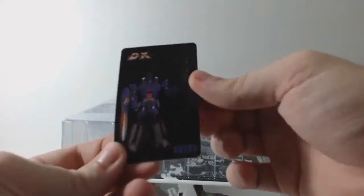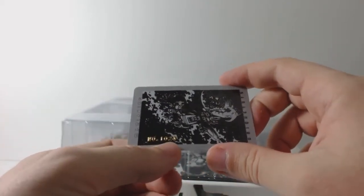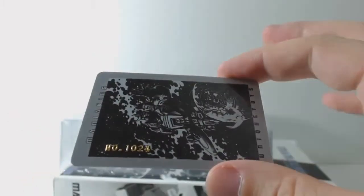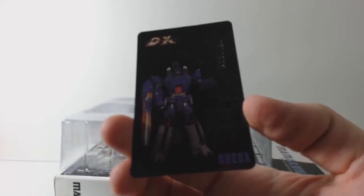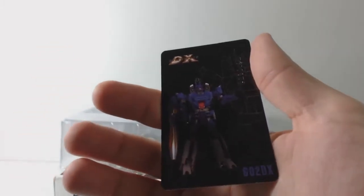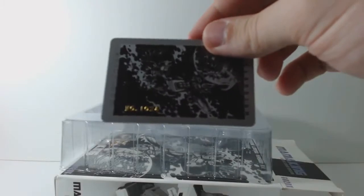And then you also get the credit card styled card, and it's actually number 1024, and it's actually imprinted like a credit card. So that's really nice. Probably the nicest card I've ever seen. And it's the old coloring, I believe, because it's got the silver on the arm. But very nice credit card styled card. I'm not sure how many they're making of these. It is supposed to be limited, but